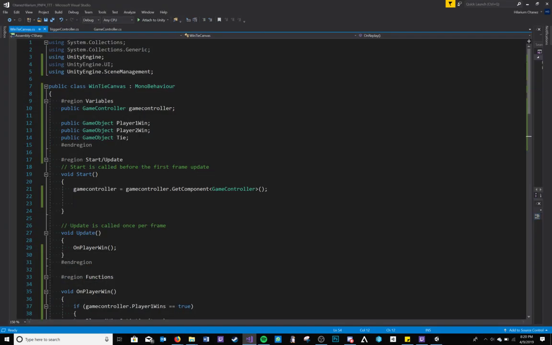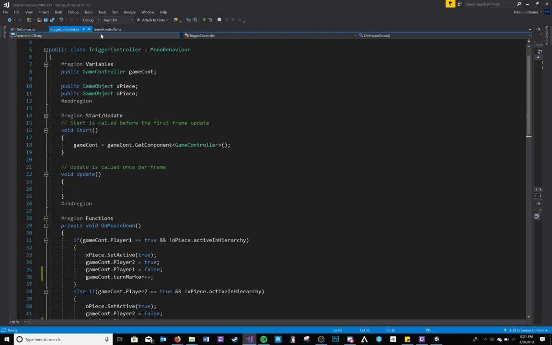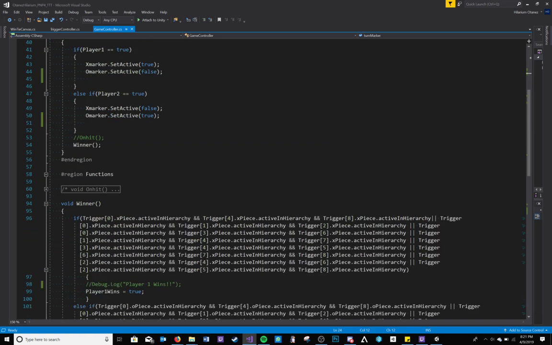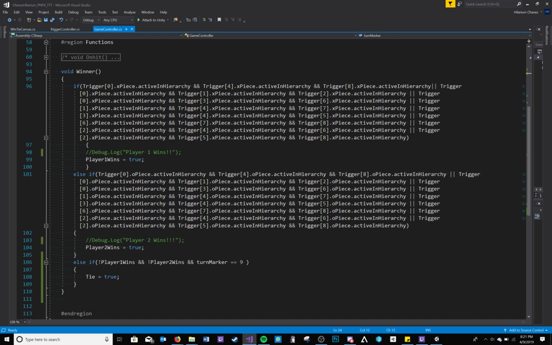By going to my scripts, I have three of them: the win tie canvas, my trigger controller, and my game controller. My game controller controls whose turn it is, as well as holds information for each game piece and each trigger controller, and which player wins, loses, or if a tie happens. For my win conditions, I have a trigger array that checks each trigger